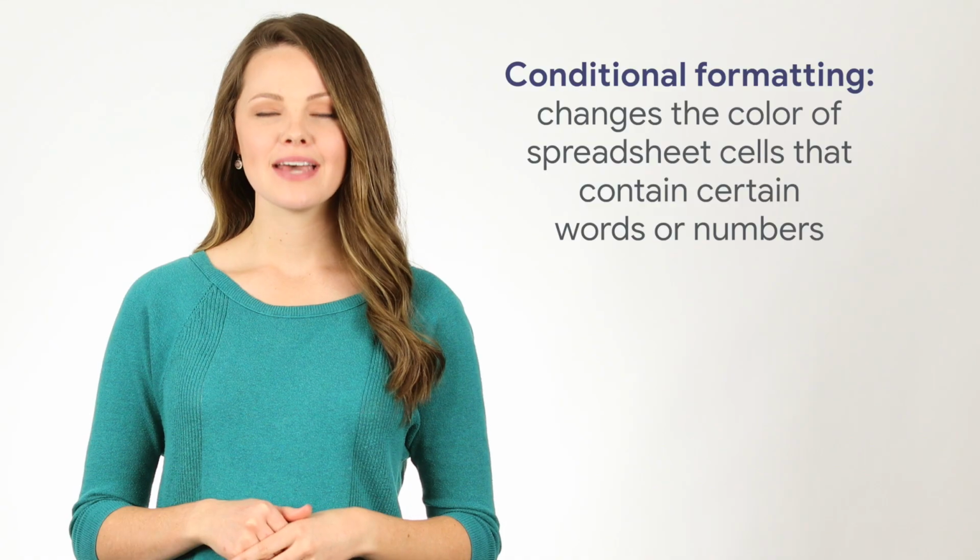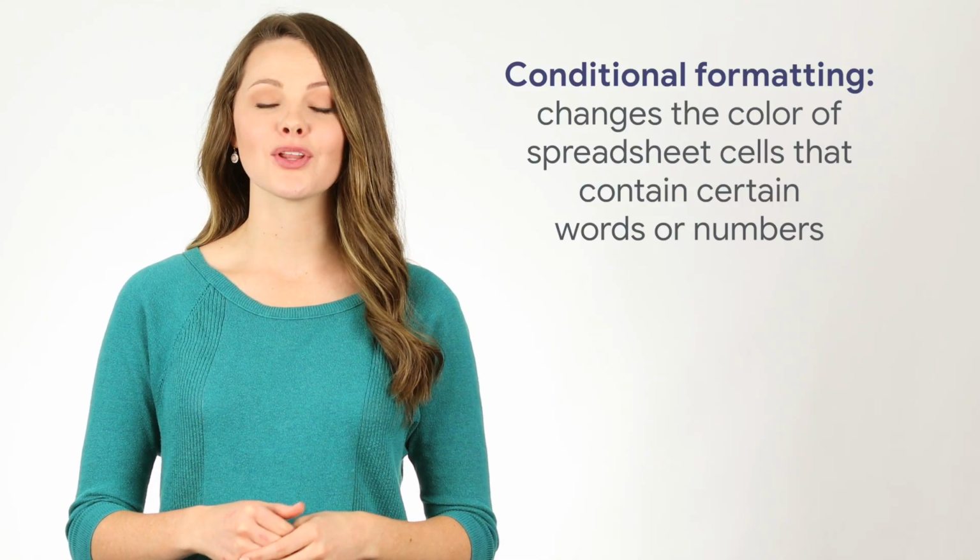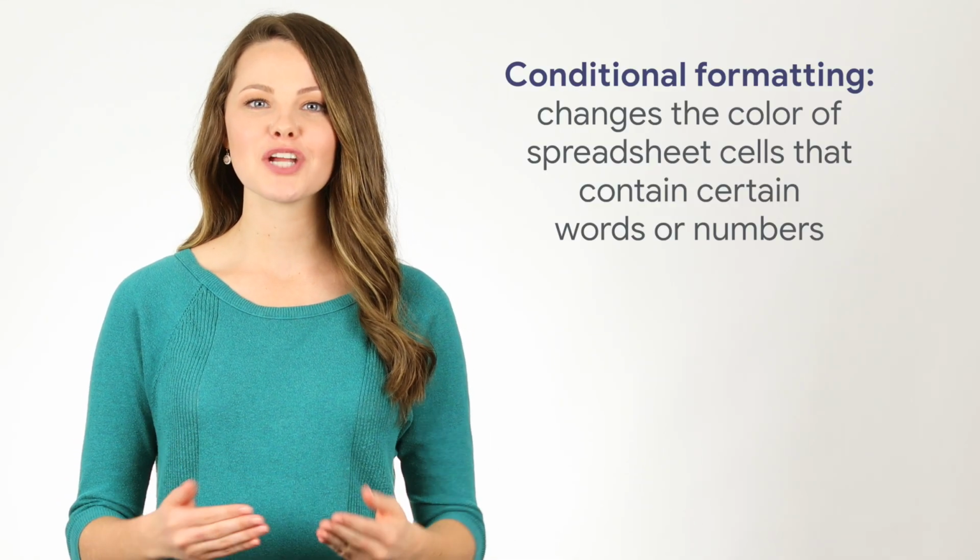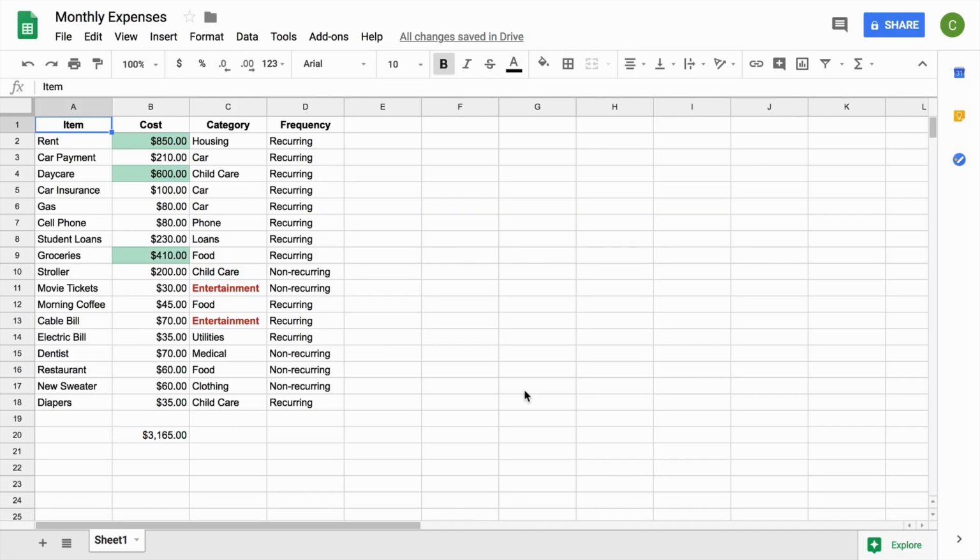In this extension, you will use conditional formatting to highlight data in your spreadsheet. Conditional formatting changes the color of spreadsheet cells that contain certain words or numbers. This helps you see important parts of your data quickly and clearly. In the case of your expenses, you could highlight the cost of certain items or categories you want to save